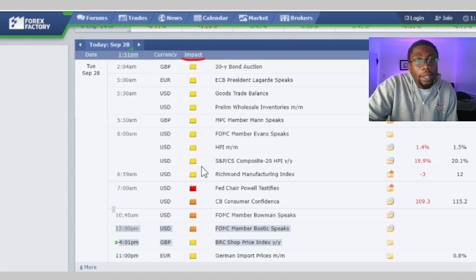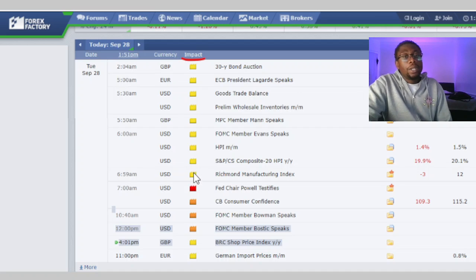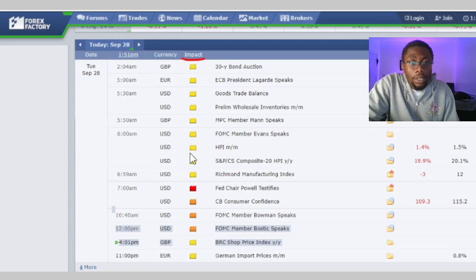see exactly what releases are coming out for the day, and then be able to mark them on your calendars or even use a timestamp on your charts to be able to know and indicate when this is going to happen, because you're going to want to leave a blackout period, let's say 2 hours before this news event happens, to be able to give you substantial time to either assess where your trades are currently, if you have trades in any of the pairs with high impact news for the day, and then if you do have any pairs that you plan to trade, wait maybe until you see the reaction after the high impact news, because as I mentioned, it can